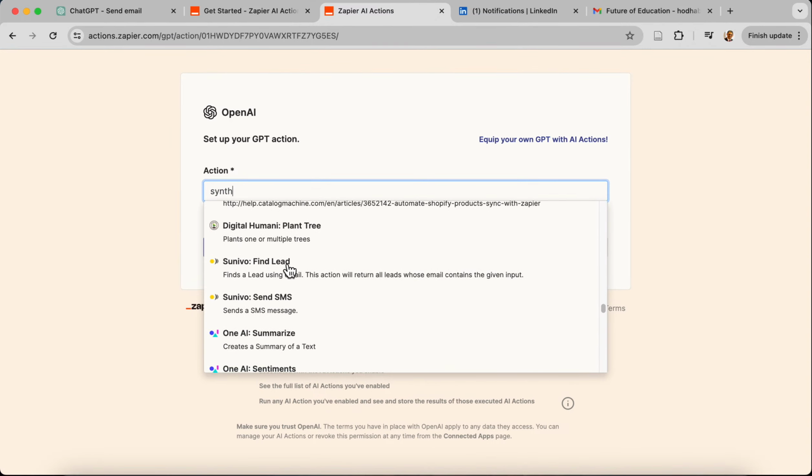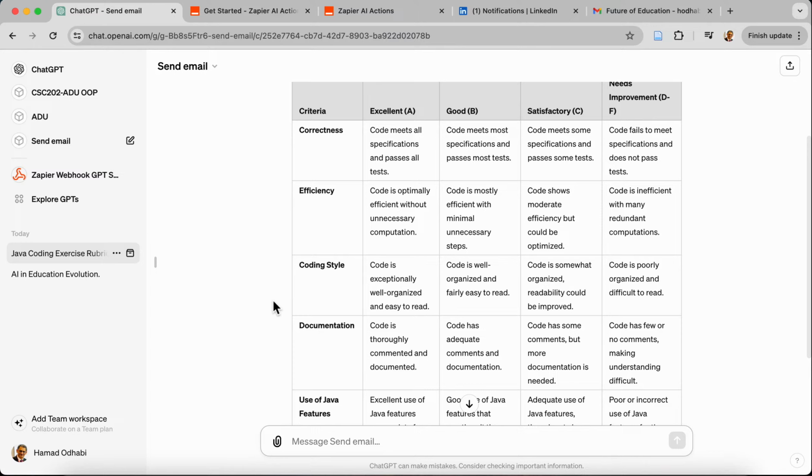So that's the idea behind making ChatGPT perform actions, not only writing and drawing and stuff like that. So I hope you find this video useful,